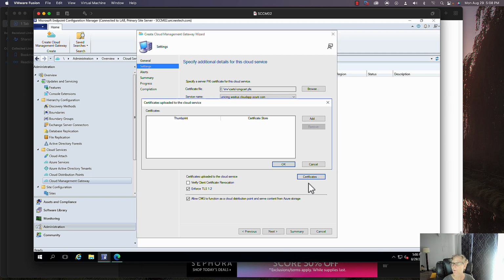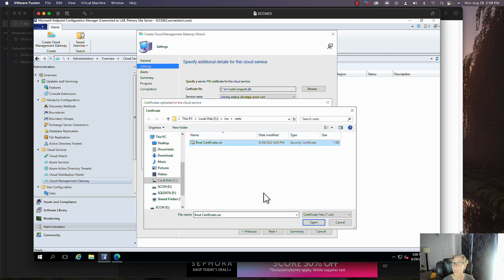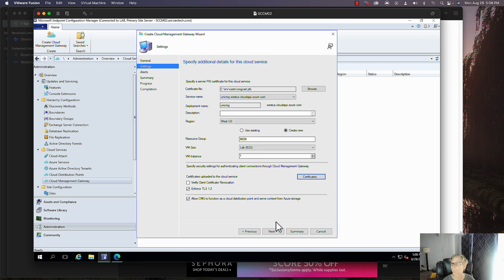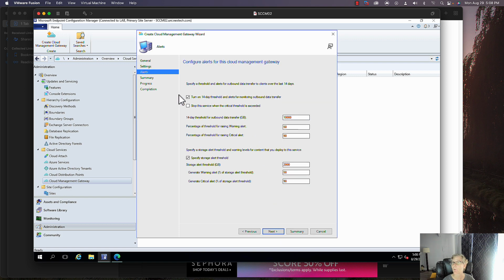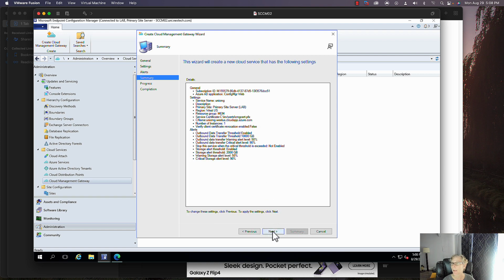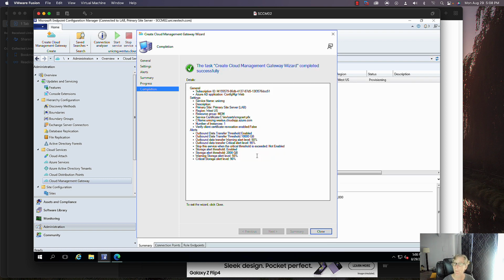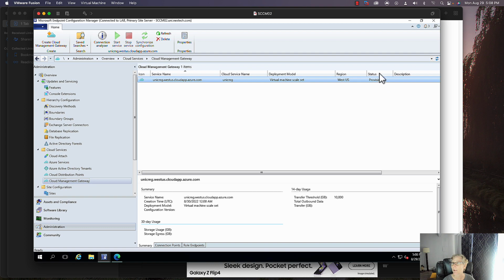So then I need to click on certificates and add. There's my root certificate, and there's my root certificate. Make sure, yeah, that's it. And then click on OK, and then next. I'm going to leave the default settings here, but you can specify a different scope if you want to. I'm going to leave it as default. Next, and then next, and it's going to start working. And it goes. Now it's going to be provisioning, and it will take some time. And now you see it says VM scale set. So once that's complete,